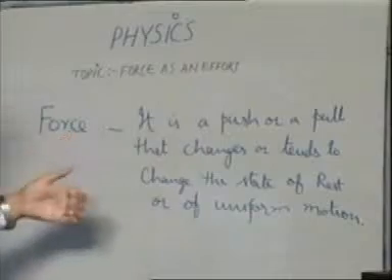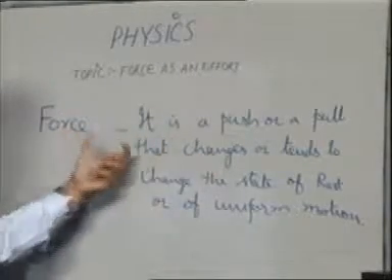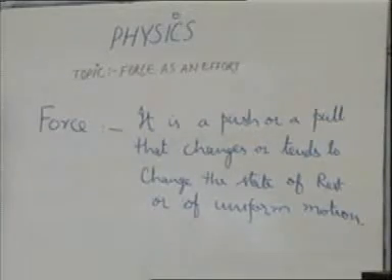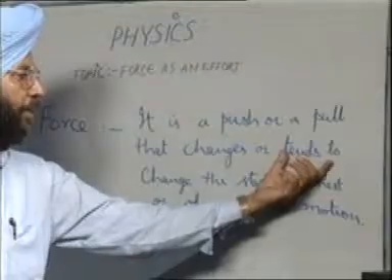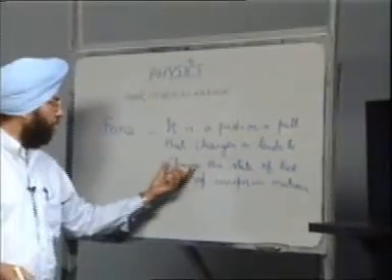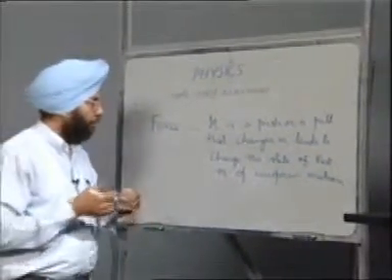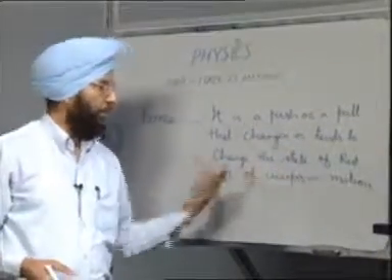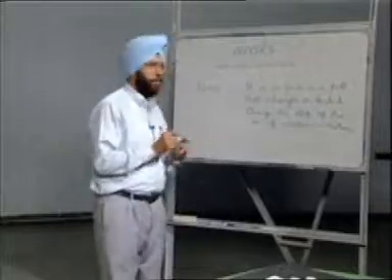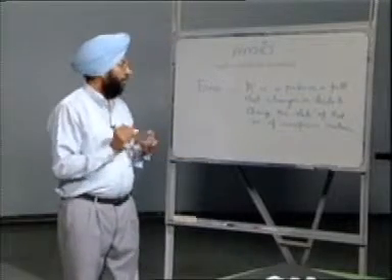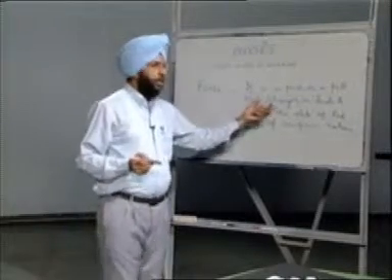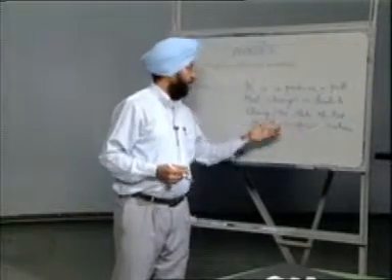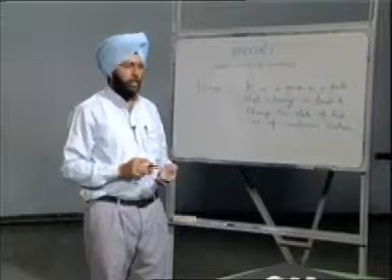Now, next thing is this push or pull changes. That means it is successful to change or has a tendency. It tends to change. It may not be successful. The state of rest and state of uniform motion. The force is something that changes or has a tendency to change the states of rest and of uniform motion. Examples are,